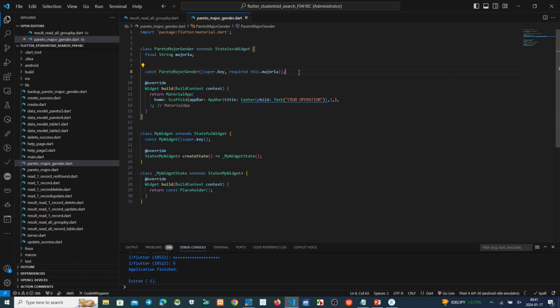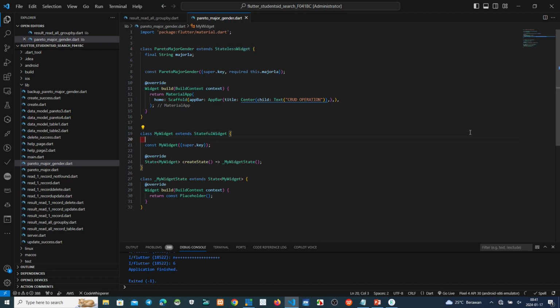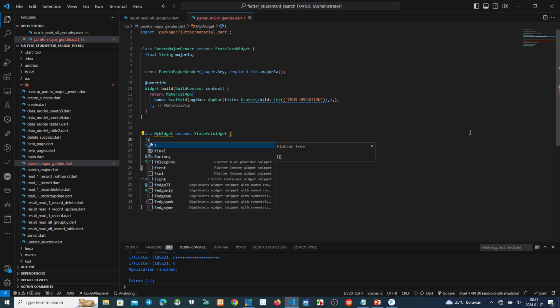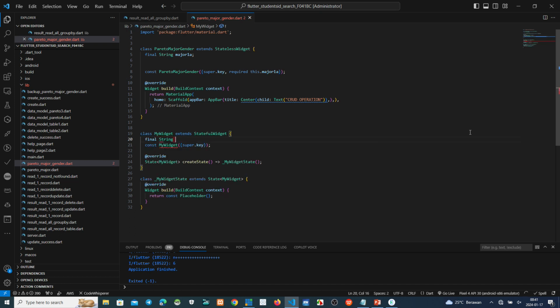After we receive this parameter, from the stateless widget, we send it to the stateful widget. On the stateful widget, we make a declaration again, final string. If we use the same name, yeah, it's okay, no problem.